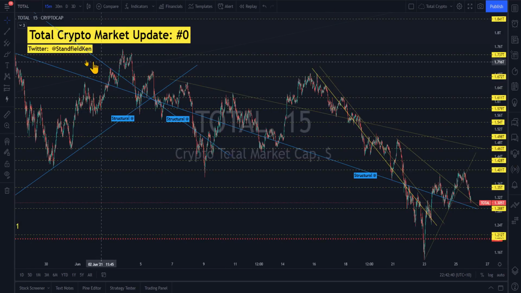I just wanted to show you the crypto total market cap. We looked at it previously, but do you see this structural support coming down here? It's important when you look at other coins to know that the entire crypto market is coming up to a structural support level. If you don't look at this and you just look at your coin, you may think, oh goodness, this is just going down and down and down. It's going to collapse. But that is not the case. Structural support is a strong support. It's just really helpful for you to know that.